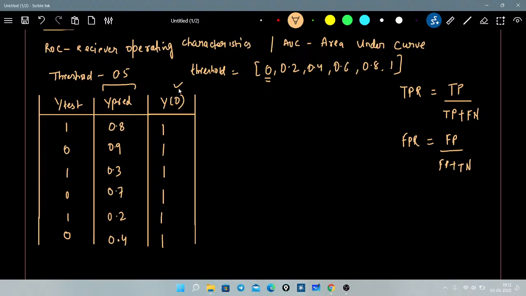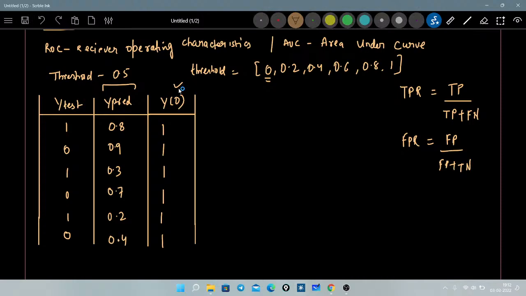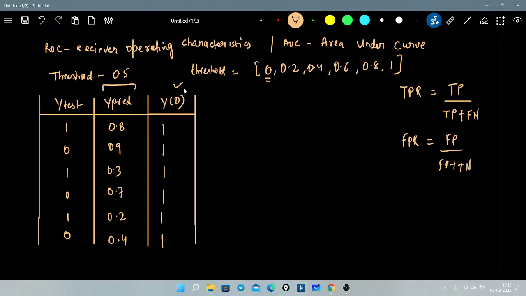We have to convert y prime into 0 and 1. So whatever value you have less than the threshold will be considered as 0, and whatever value you have greater than the threshold will be considered as 1. That's all. Now, similarly,